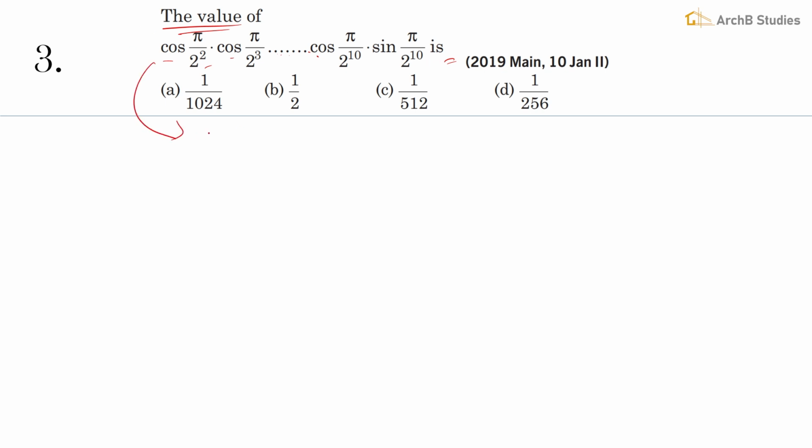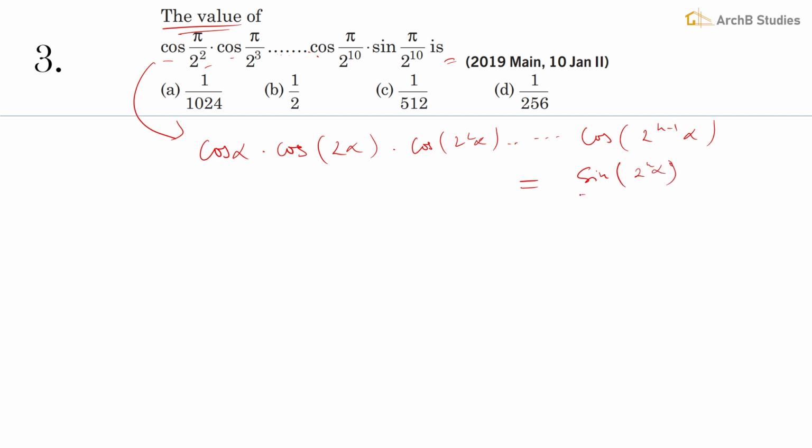So before finding, I would like to make you remember one of the identities, that is cos of alpha into cos of 2 alpha into cos of 2 square alpha, and this goes until cos of 2 to the power n minus 1 alpha. This is equal to sine of 2 to the power n alpha divided by 2 to the power n sine alpha. This is the value of this thing. Okay,